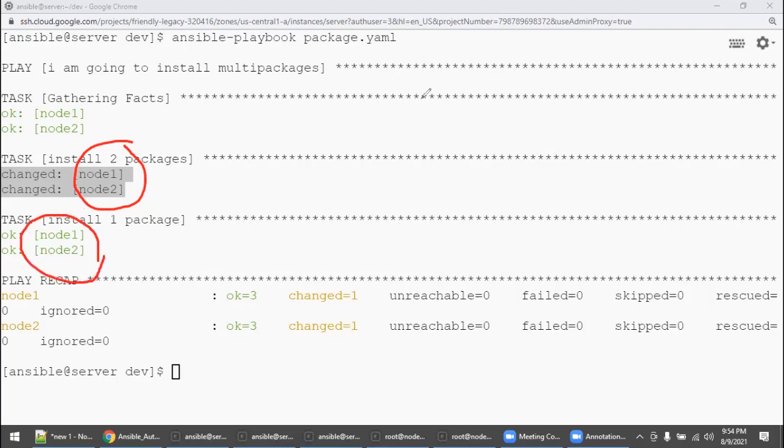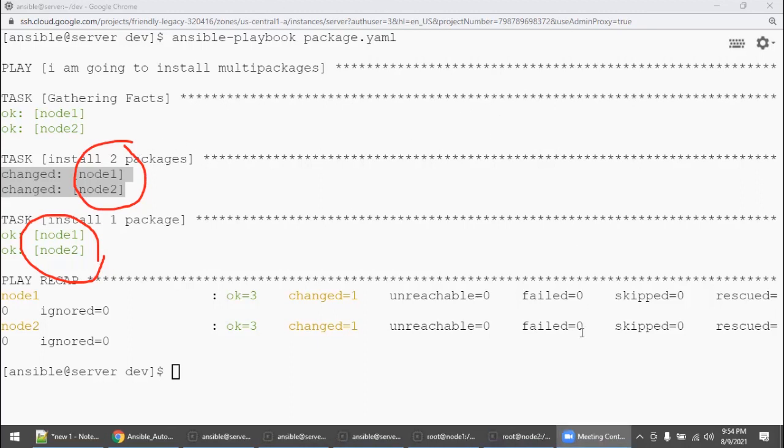If you have hundreds of thousands of servers and you keep executing, Ansible will touch only what is needed. That is where Ansible is more powerful in configuration. If the configuration you are trying to implement is already there, it will not touch it. If the configuration is not there, it will implement it. That is the robustness of Ansible. This is also one of the good use cases, right?